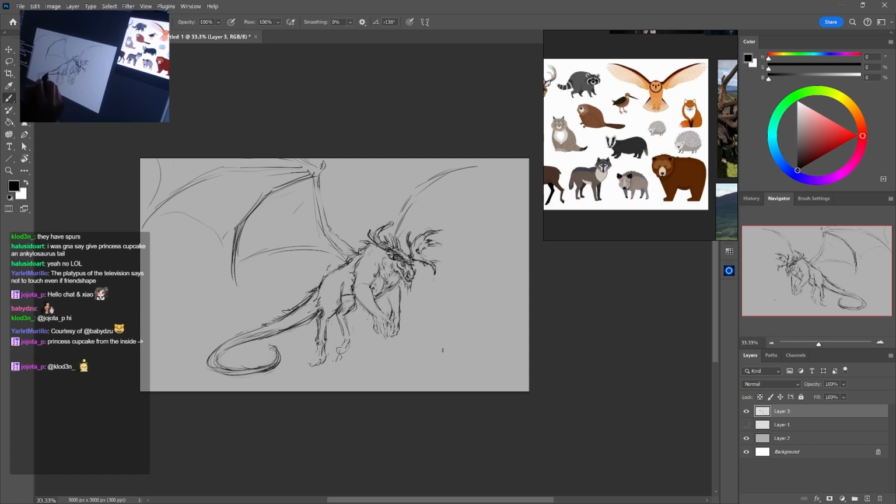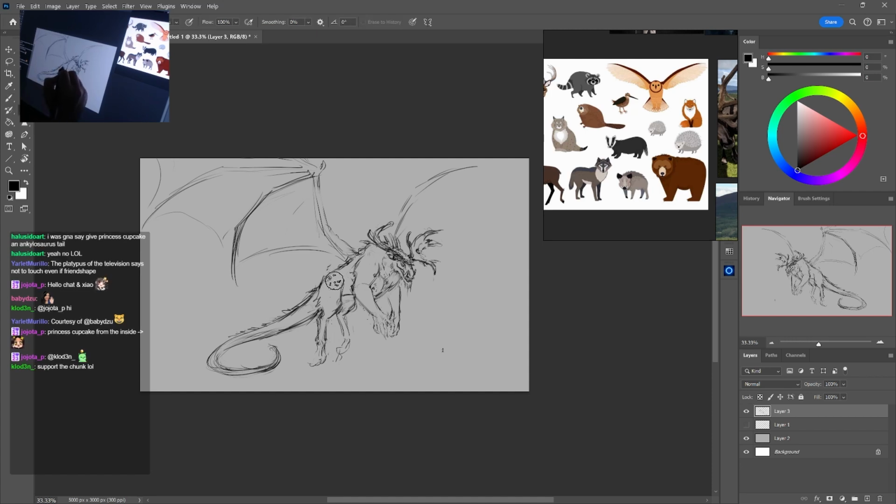And we'll give him some spines back here. Support the chonk, yeah. No, it's not chunk, it's chonk, okay? It's gotta be C-H-O-N.